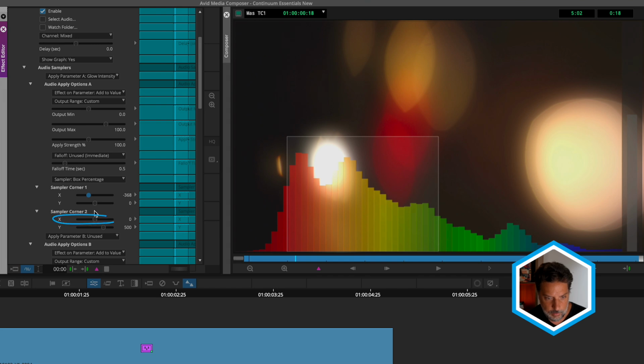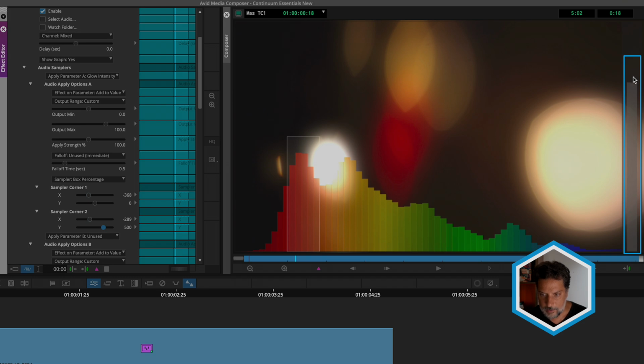And I'll now adjust the X value of corner 2, getting as close as possible to those frequencies. And then we could play with the Y value, so we can have it respond to these entire frequencies. Now that we have this box, if I draw your attention to the right, this represents the output graph. So if I just play this back,